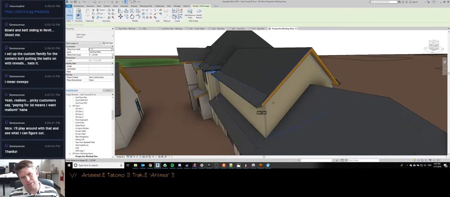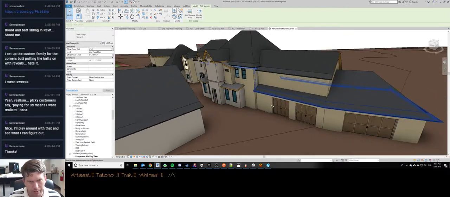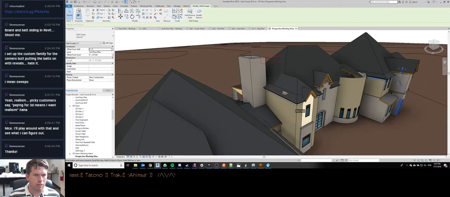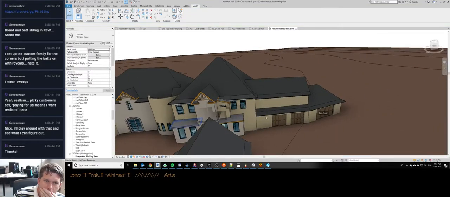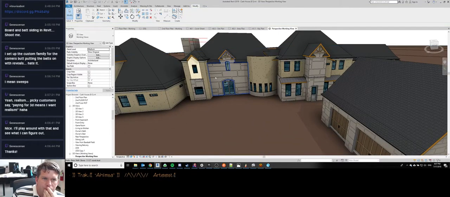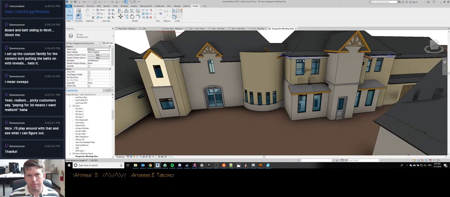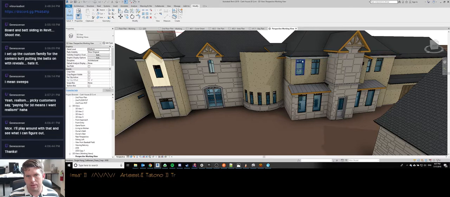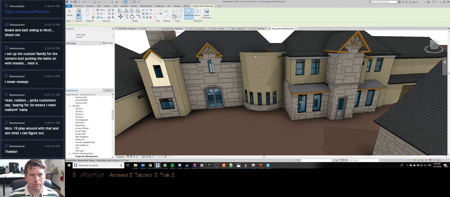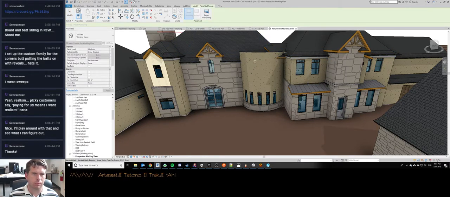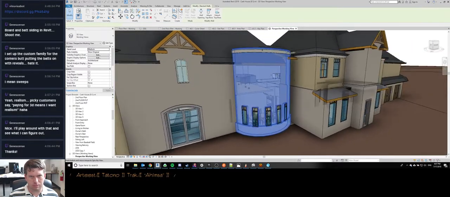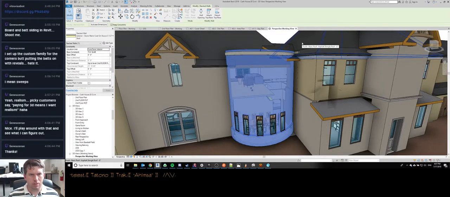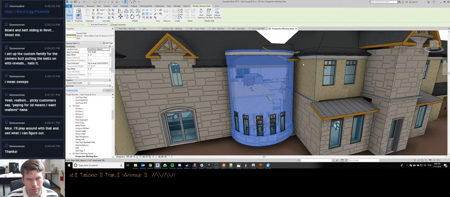I was about to say, do I even need this? And then I realized that there's a theater under that. So yes, I do need that. I think what I'd really like to do